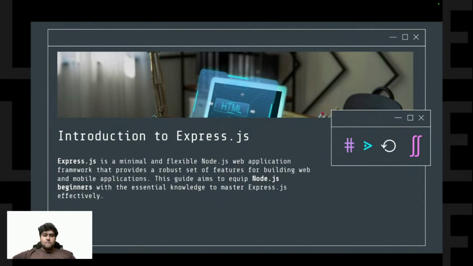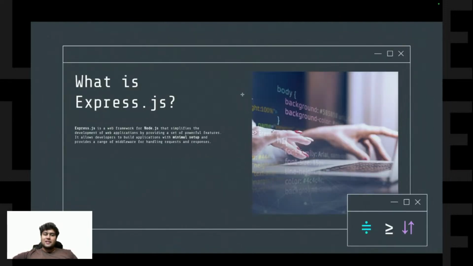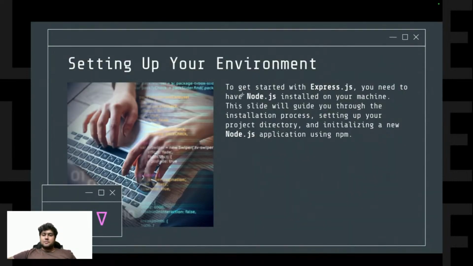So what is Express.js? As I mentioned earlier, Express.js is a web framework for Node.js that simplifies the development of web applications. Before we start, we need to install Node.js because Express.js is built on top of Node.js.